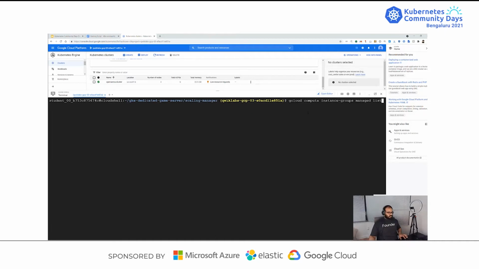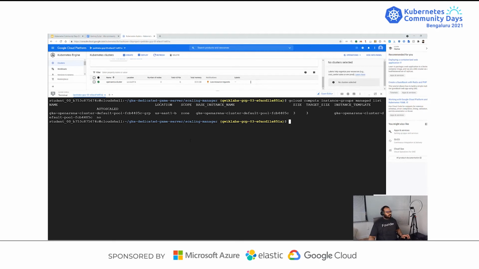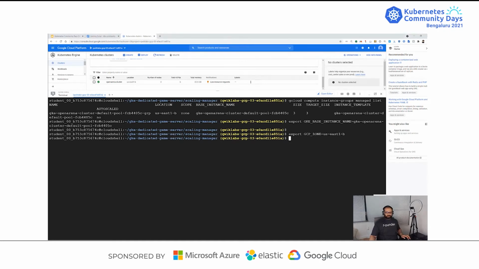Get the base instance name, which is to modify certain scripts as part of our code. Now let's export the base instance name as a config, and the zone. Now let's print all our configs to see if they're all right. Yes, they are.